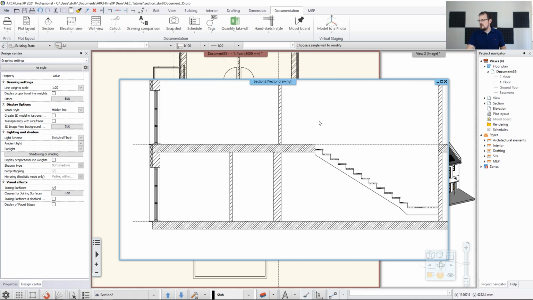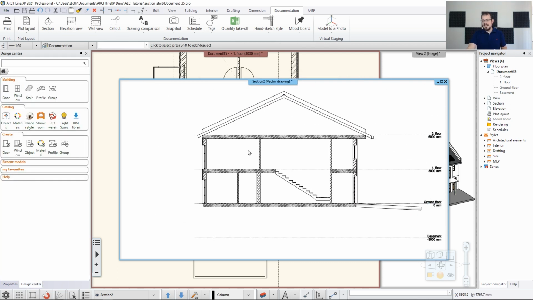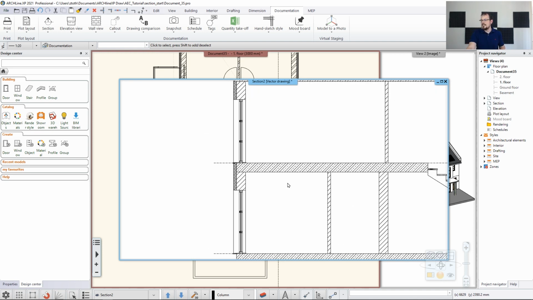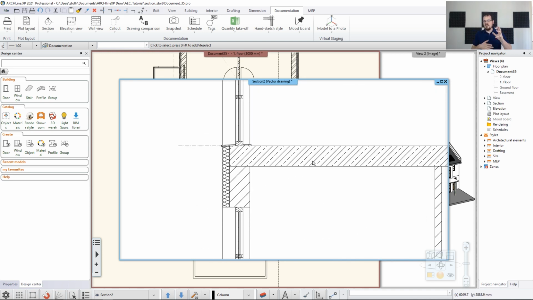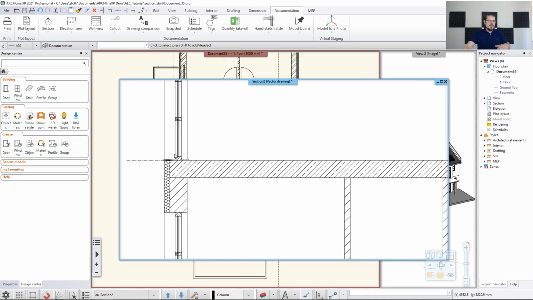We are going to talk later about how to create some more details, because if I look at the section, I see that the layers are quite conceptual. I only have one double layer wall and a single layer slab, and I want to have some more interaction between the layers, which I'm going to do later on. But if you do it later on, you don't have to keep creating the section over and over again, because every time you make a change, as you are going to see, the section will update